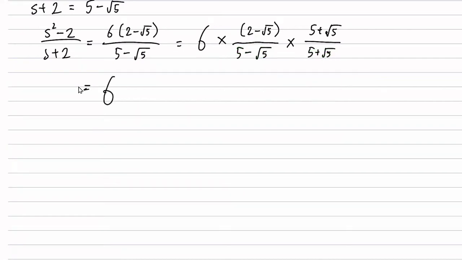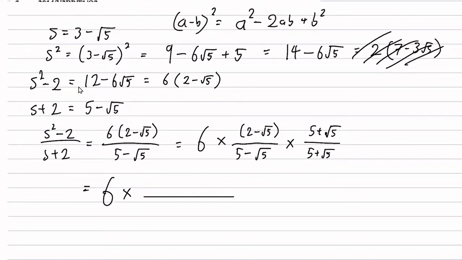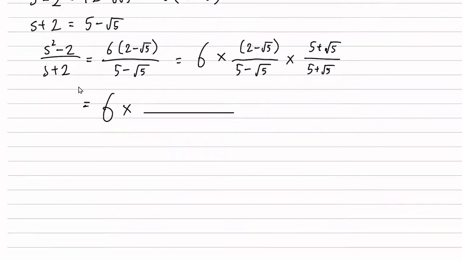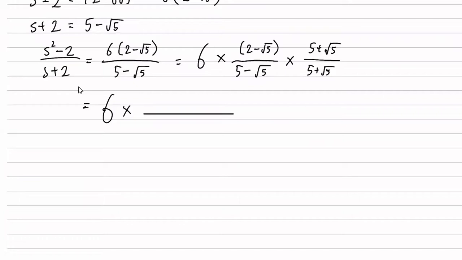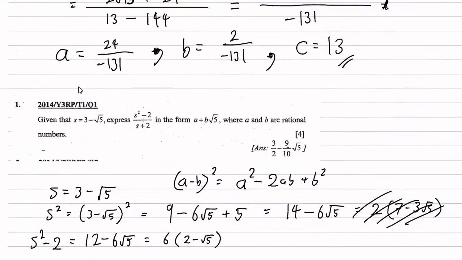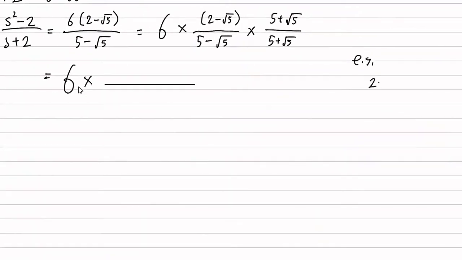Okay. So 6 times, you leave it alone, but you focus on the 2 fractions here. This is the advantage of factorizing out the 6. You don't have to deal with such big numbers. Otherwise you would be dealing with 12 and 6, and you need to square those numbers, which is quite painful. Okay, I'll show you another example. Wait, I need to write this down. What is 2 plus 3 root 5